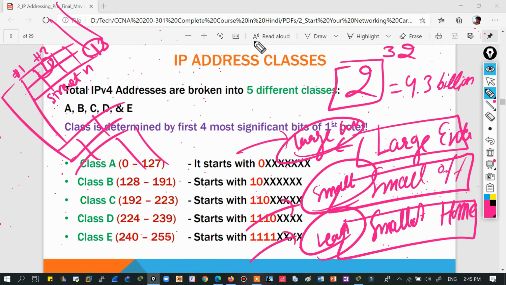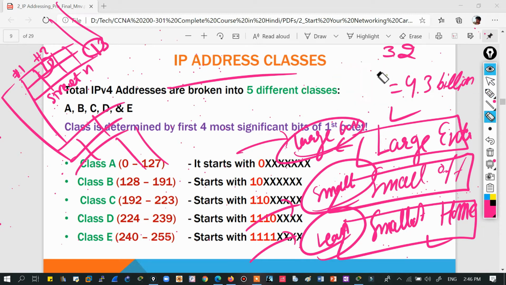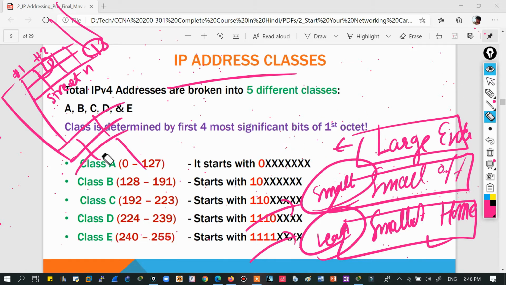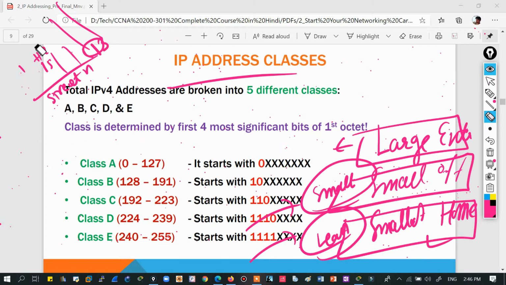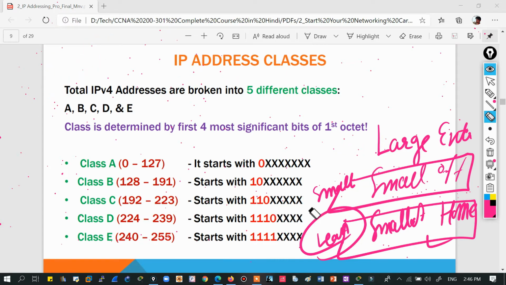So we divided the complete IP space into classes, so that in a large enterprise network you can have a network of IP which has the largest number of IP addresses or hosts, and in small ones you can have the minimum number of IP addresses. So yes, for this management purpose we divided the IP into 5 classes. So which are those 5 classes? There are class A, class B, C, D and class E. So these are 5 different classes.